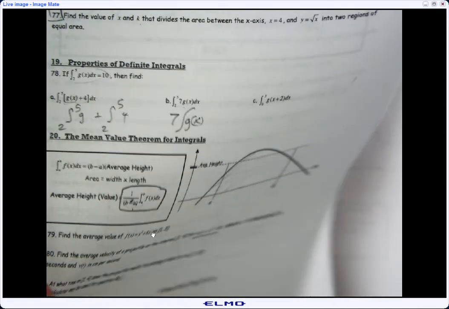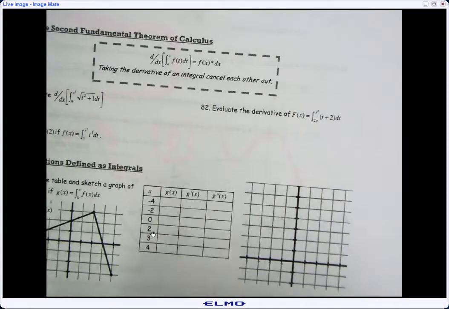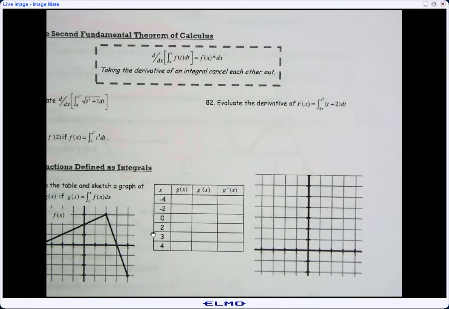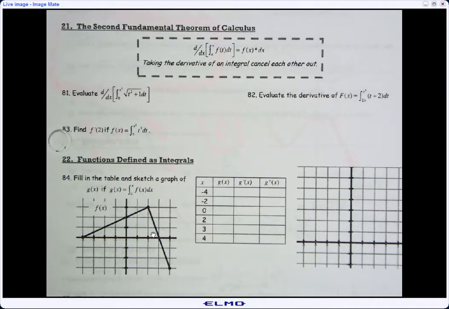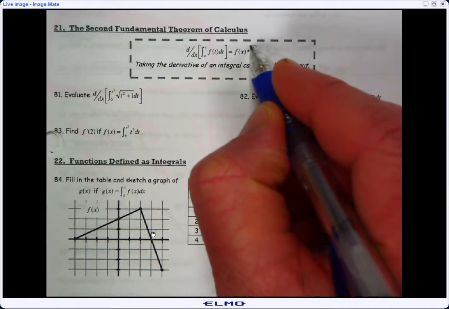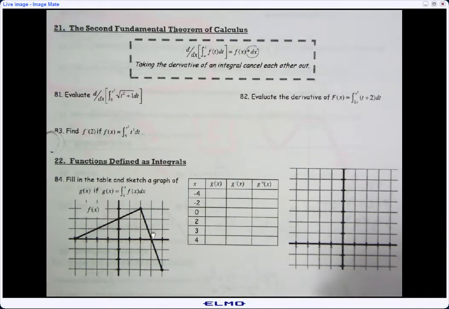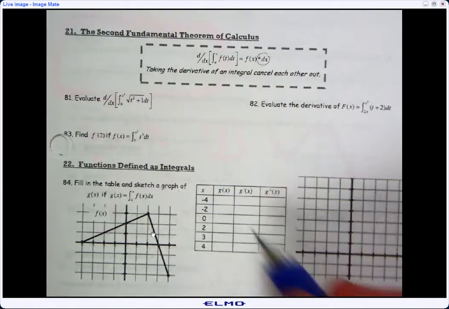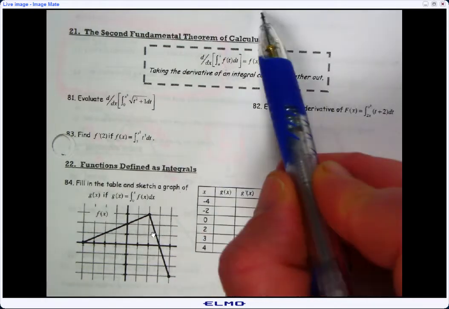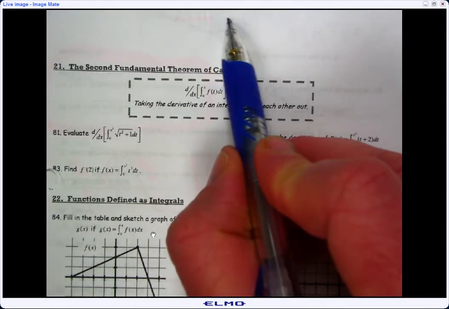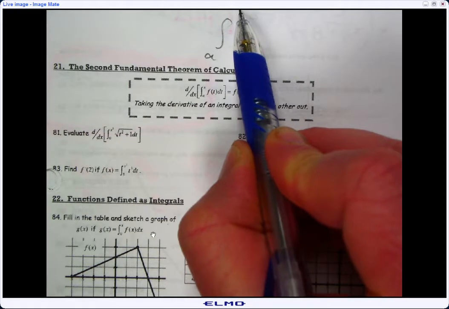Okay, we keep going on to number 21 on here. Second FTC: the derivative of the integral from a to x of f of t dt equals f of x. And then you get this little thing times dx. That's the only thing you've got to be careful of. So the shortcut is the derivative of the integral, as long as you're going from a constant a to a variable x,